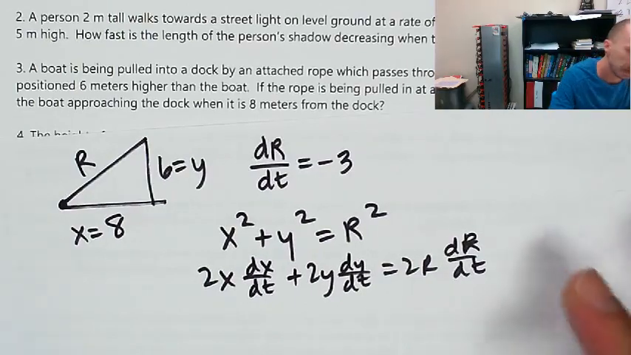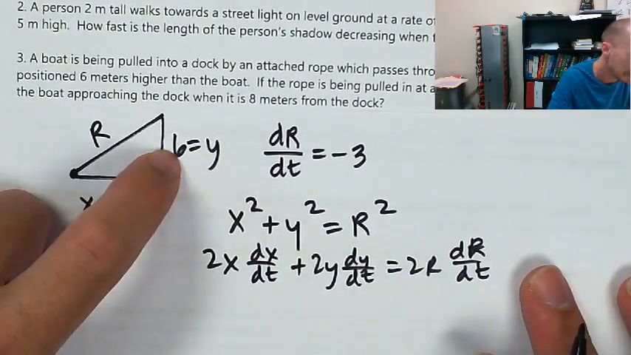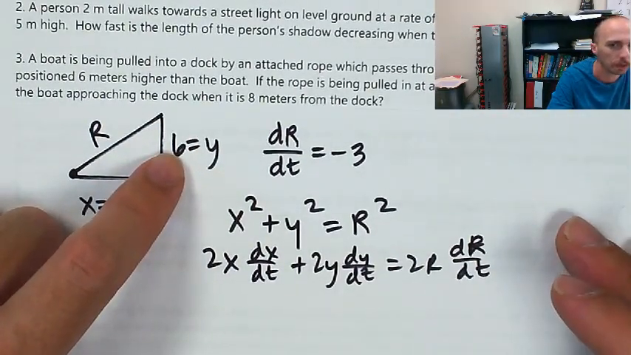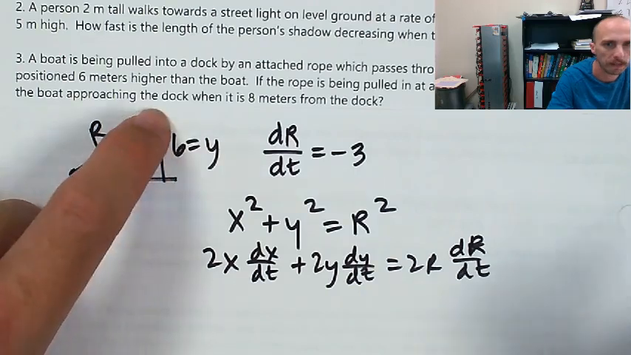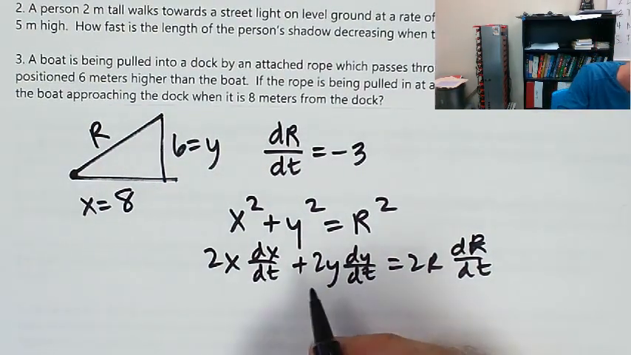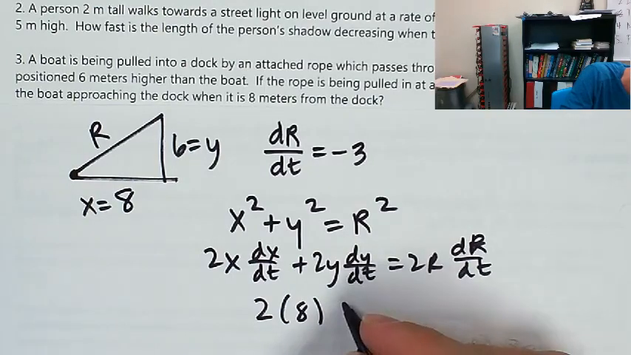Okay. Now what I'm thinking is that, what am I thinking? Oh, dy/dt is 0 because the height of the pulley is not going to be changing, right? I'm just going to wheel in that rope from right there. So the boat is getting closer to the dock, leading me to believe that dy/dt is 0. So 2 times x times dx/dt, which is what I'm hoping to find,